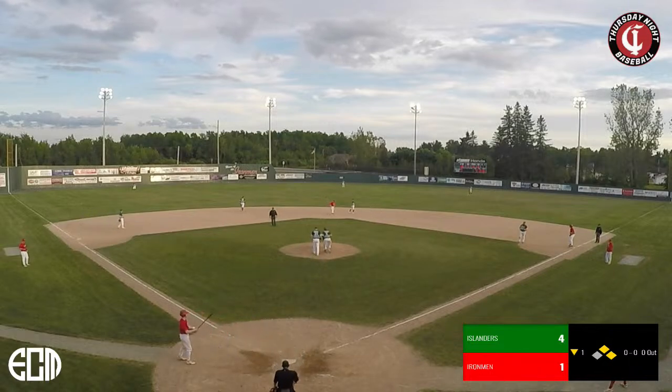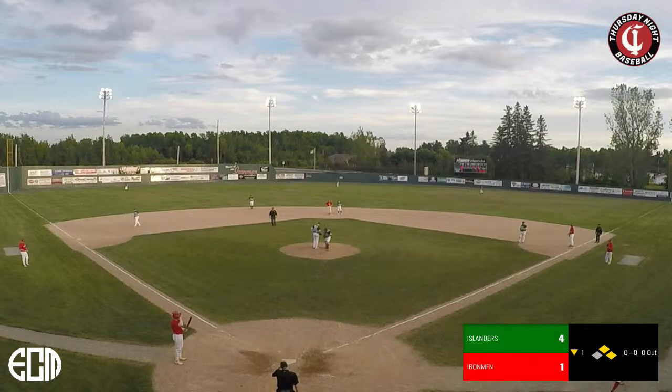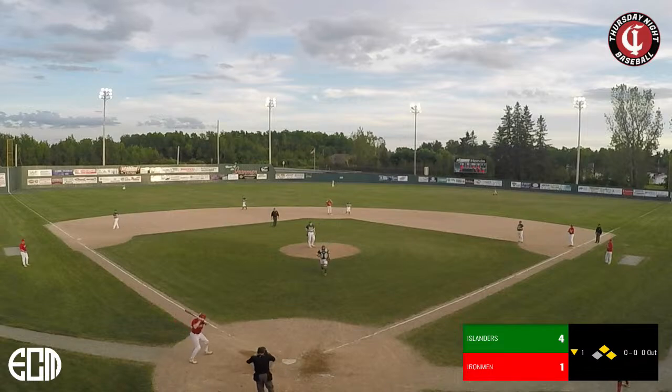So a pretty ideal start to the bottom of the first here for the Ironmen. A home run for Mike McKay, a 4-pitch walk to Keating, and then Lester with a...